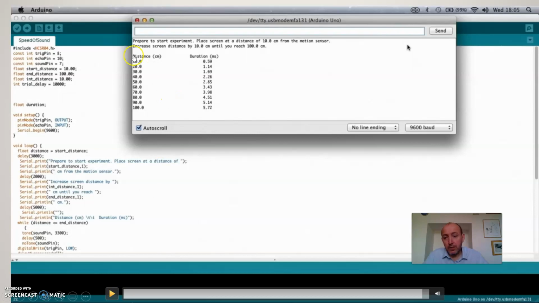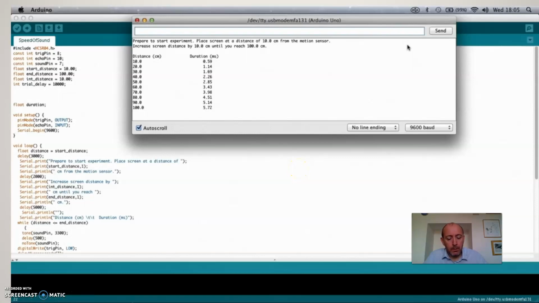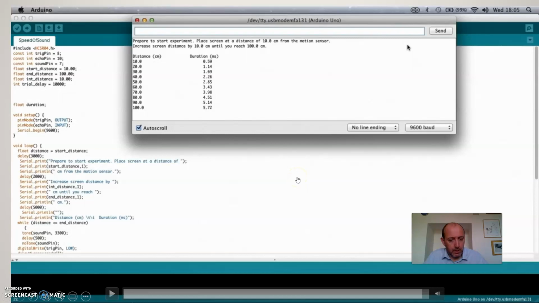I'm going to just stop. So this is your raw data. You can select, copy and paste, put this into a spreadsheet, some of the graphing software. Important to note is the distance in centimeters and time is in milliseconds. Okay, I'm going to just go to the next page